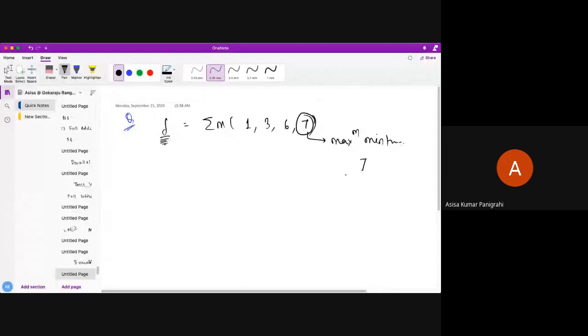Now, how to represent 7? 1, 1, 1. I can represent 7 in 1, 1, 1. So this is a three variable KMF. I can represent 7 in three bits actually. So that's why it's a three variable KMF. Understand, students? Sometimes if it has not been given like xyz, you have to see the maximum min term and find out how many bits you need to represent it. That many number of variables it is. So you have to construct a three variable KMF over here.